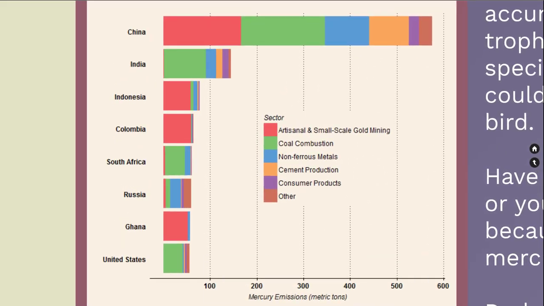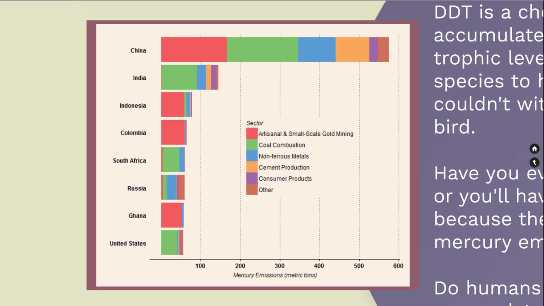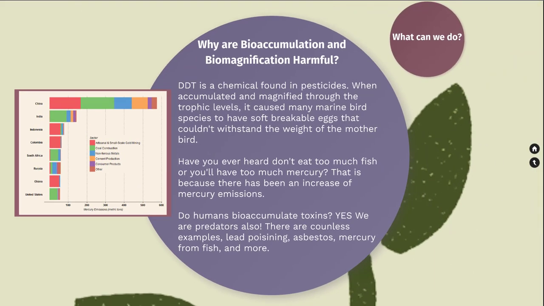Here's an example of the different countries that are producing mercury emissions and what those emissions are coming from, whether that's combustion or mining or cement or consumer products. There's all kinds of different ways that different toxins go into the environment, and it has increased, and that's why there's more mercury in fish, and that's why you can't eat as much fish because of mercury